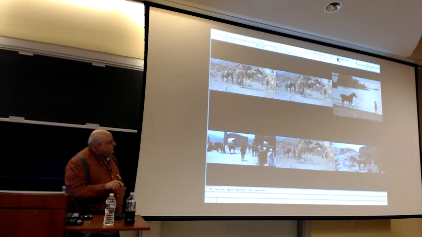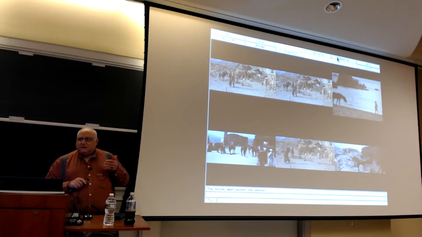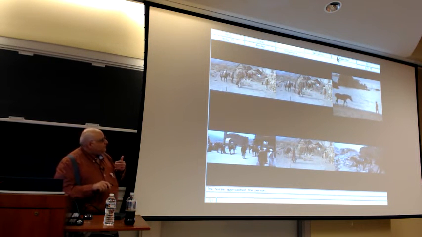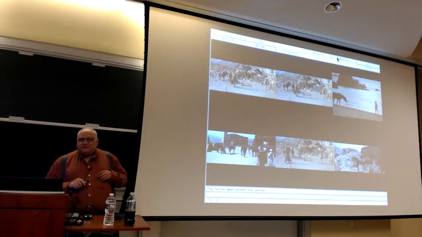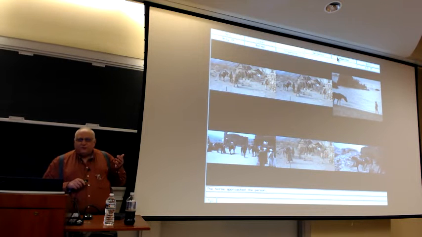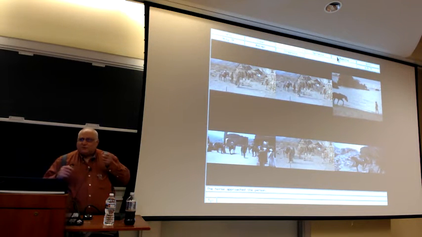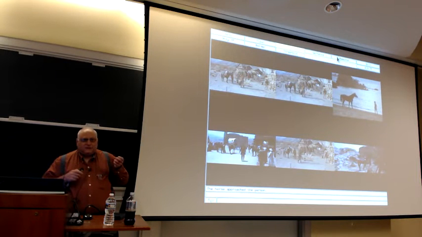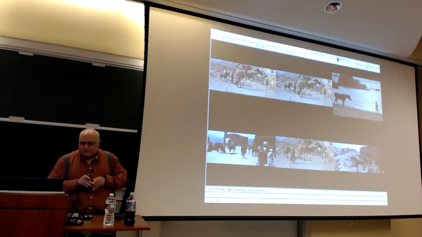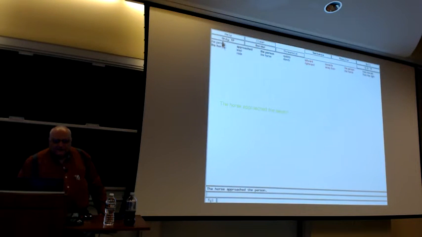I point out that these two clips come from the same scene of the same movie with the same objects, the same participants, and the same activity. One is approaching the other. And the only way we can distinguish between these two is that we know what roles the participants play in the activity in question. We can search for more complex queries, like the person rode the horse quickly,